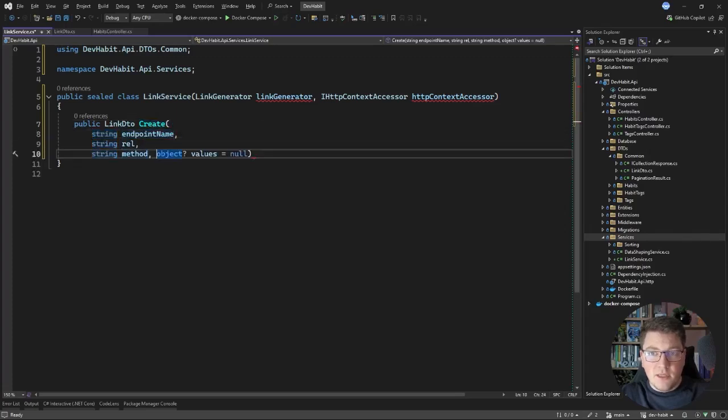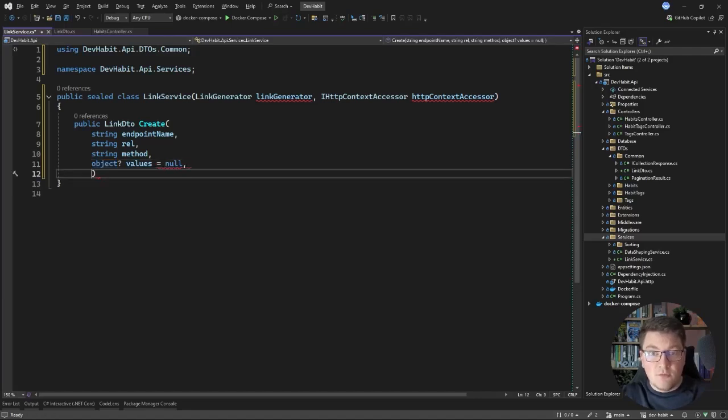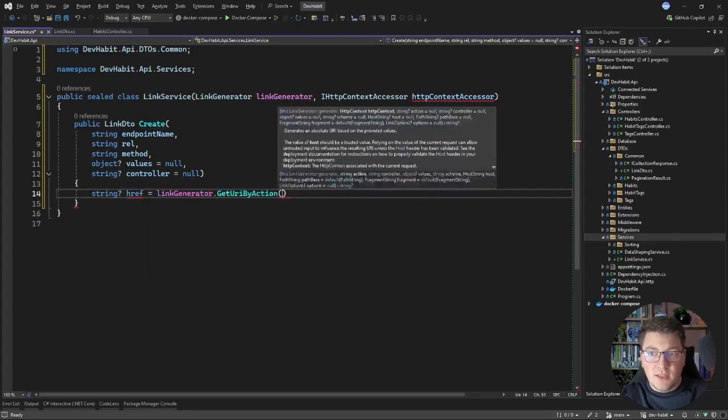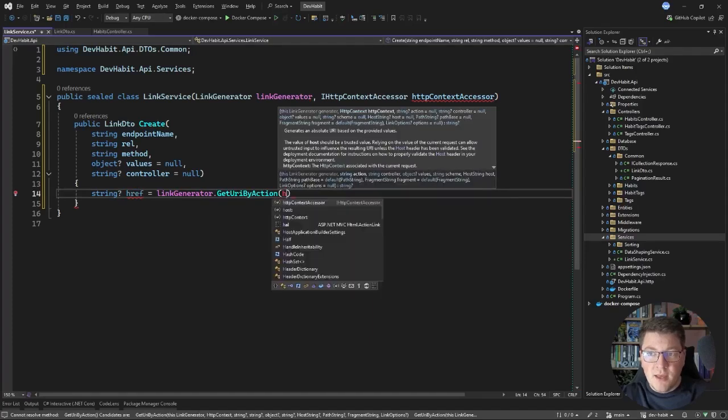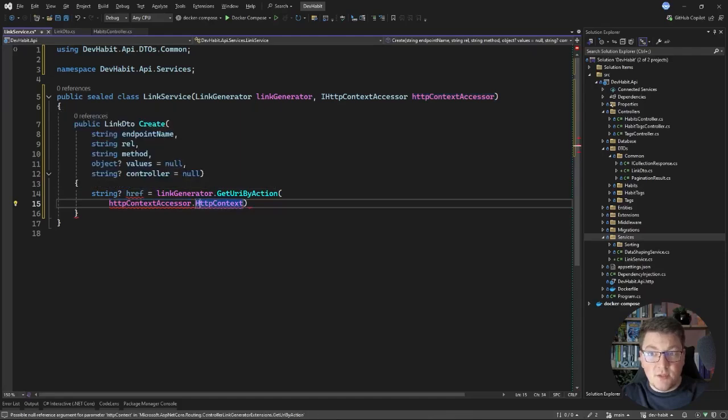This could be useful if I need to reference an action that is outside of the scope of the current controller represented by the current HTTP context. So this will be a nullable string argument, and I'll call it controller. Then I can get my href value by calling link generator, get URI by action,